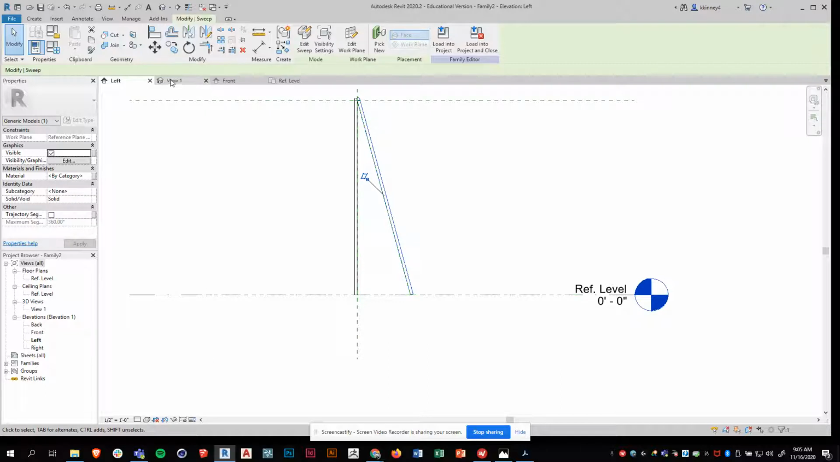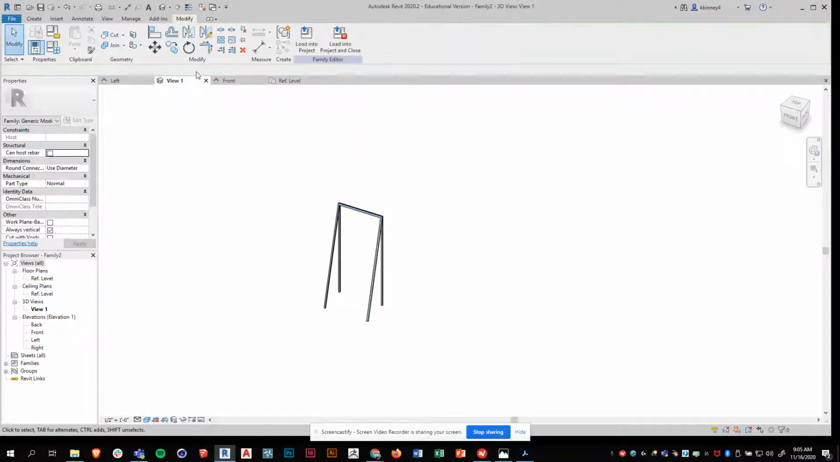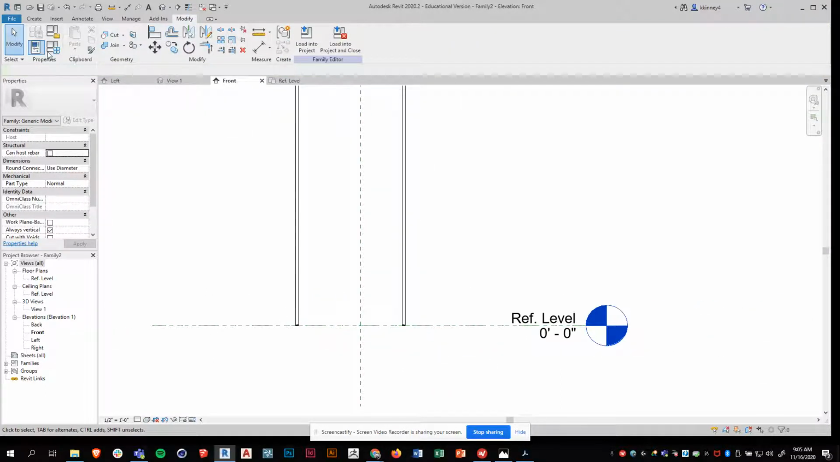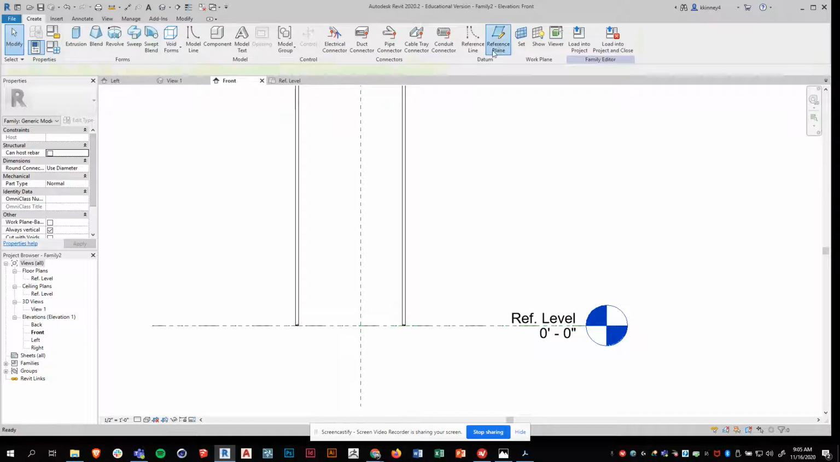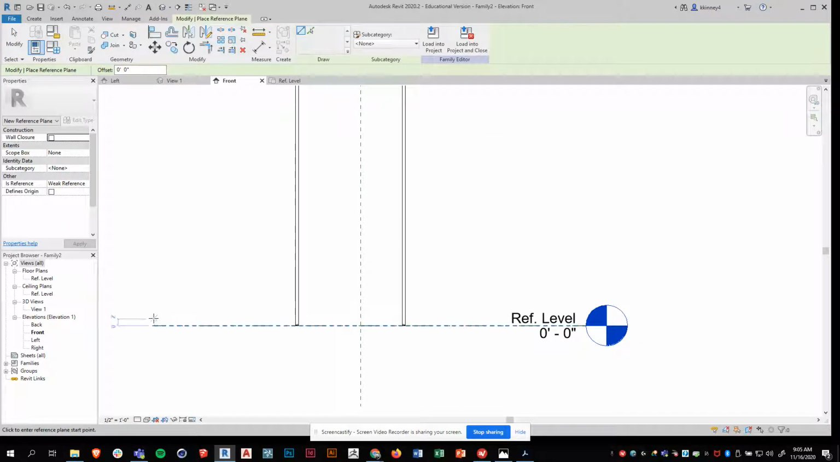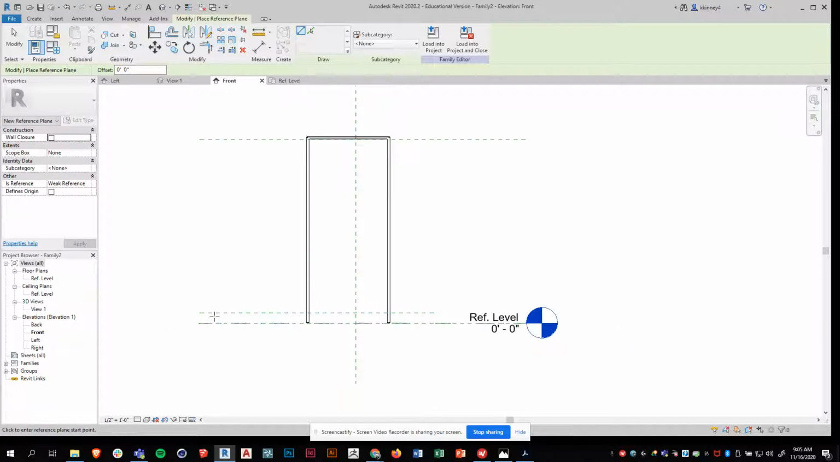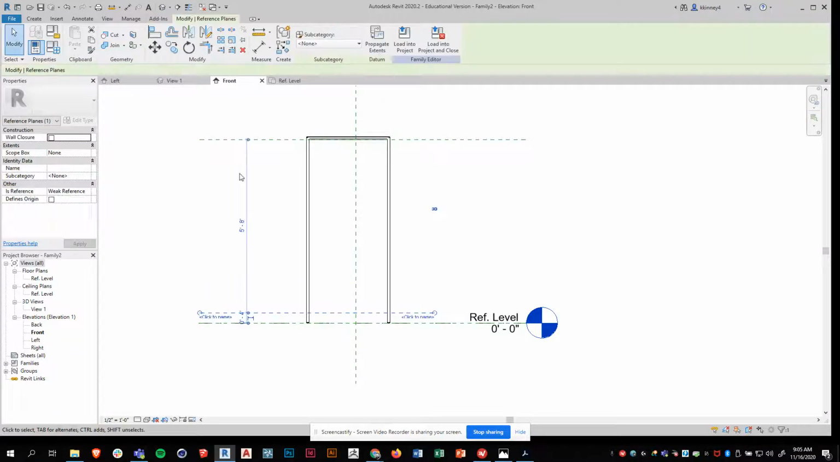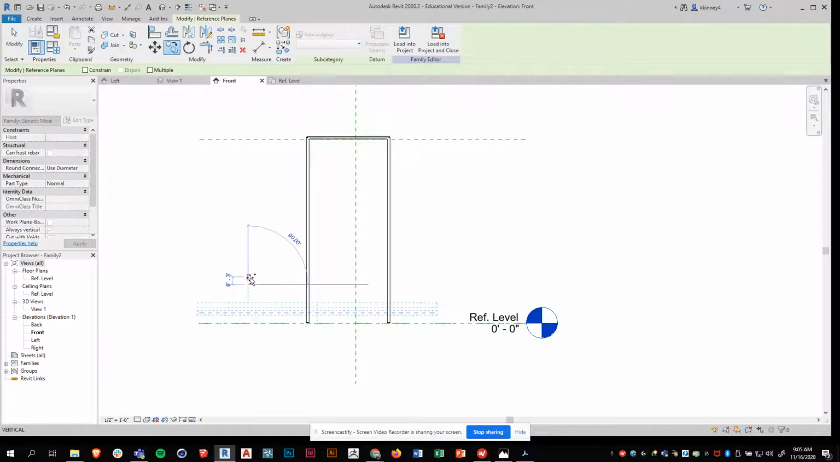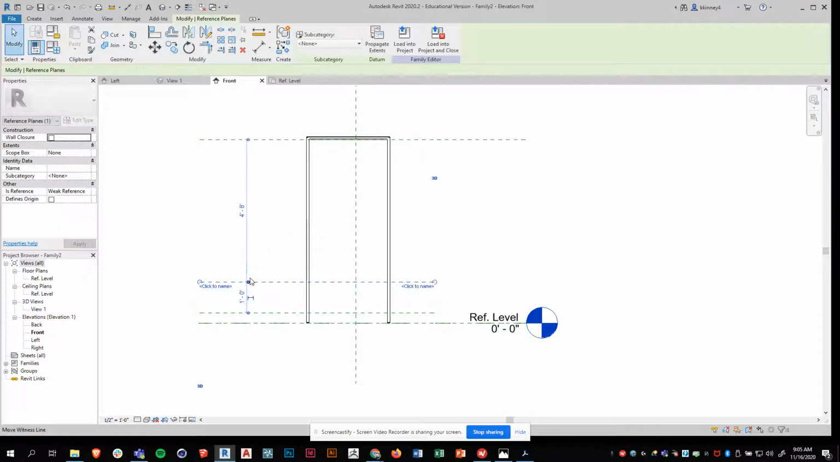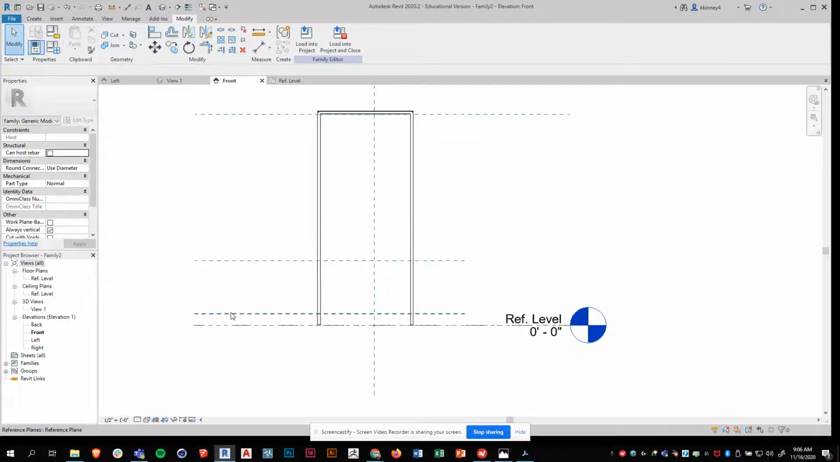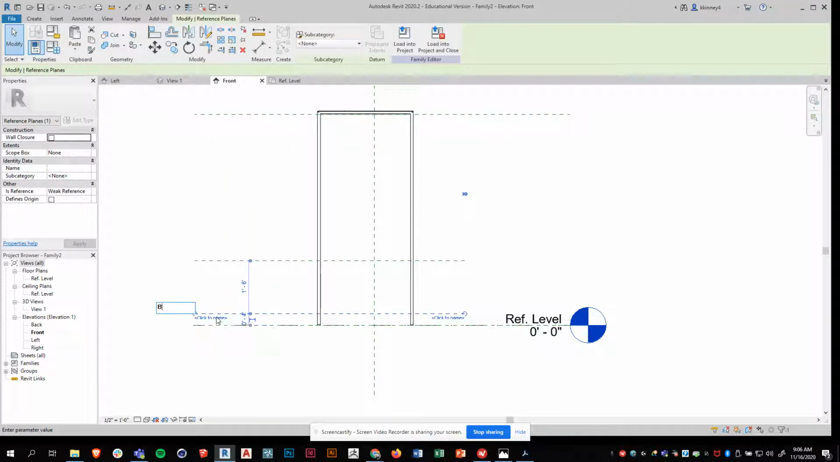Okay, so let's go to front view and let's add those reference planes. I'm going to go create reference plane. I'll put one up. I'll do one at 4. And then I'm going to copy this one up at 1 foot. And let's do 1.5 feet. Okay, that looks good. So I'm going to call this bottom shelf,